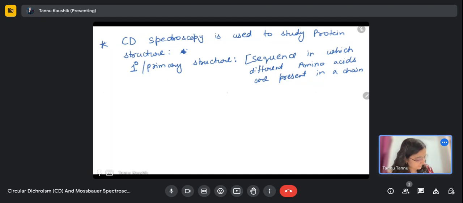So the primary structure is just the sequence in which different amino acids are present in a protein chain, and